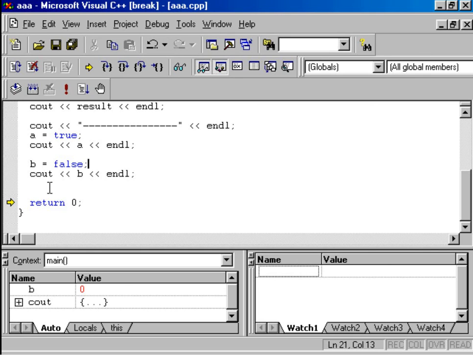Rather, I should say a Boolean data type in ANSI C++. The meaning of ANSI is American National Standard Institute. It is the institute which specifies the standard of the language. So that is why the name ANSI C or ANSI C++. Is it clear to you?